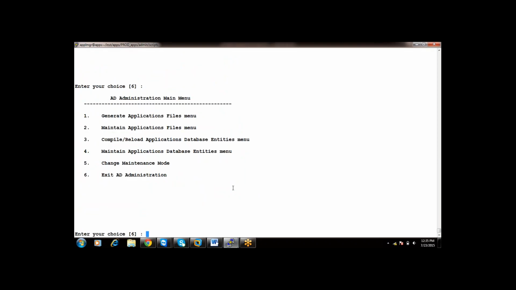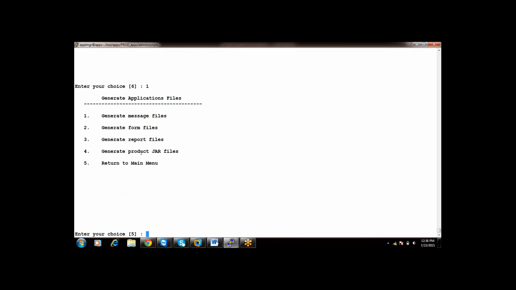Next. Under one we have completed generate message, form, report, product files. Under two, relink applications, copy files to destinations, convert character set, maintain snapshot information, check for missing files is done. Under three, compile app schema. So how do you compile general invalid objects in the database? With the help of the utlrp script, right? Yes. So here also you can run the utlrp script to compile invalid objects in the database.